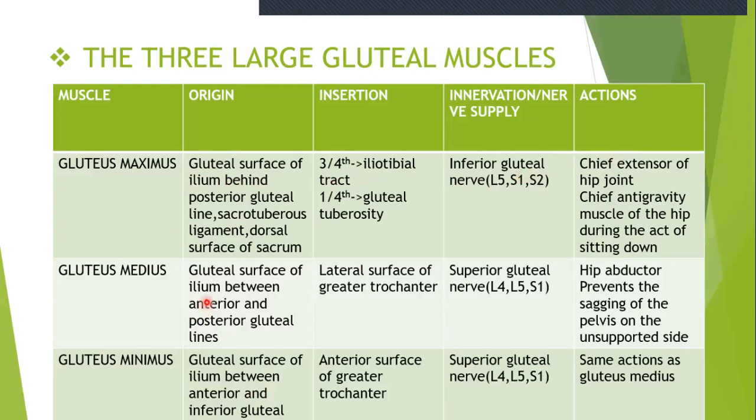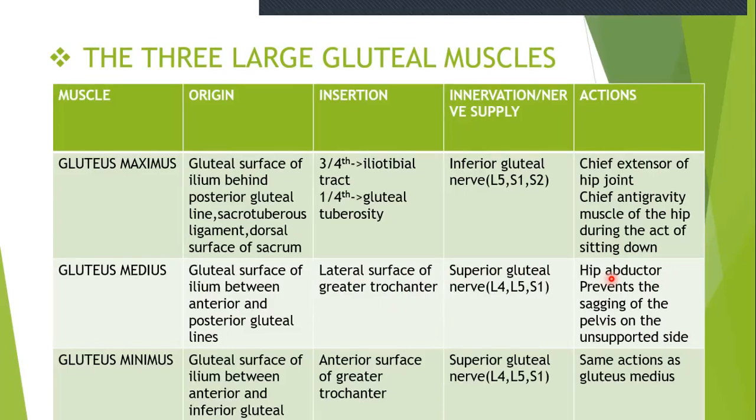Let's do the same for the Gluteus Medius and Minimus. Gluteus Medius usually originates from the gluteal surface of ilium between the posterior and the anterior gluteal lines. Where does it insert? On the lateral surface of the greater trochanter. What is its nerve supply? The superior gluteal nerve. Its action, it is a hip abductor,